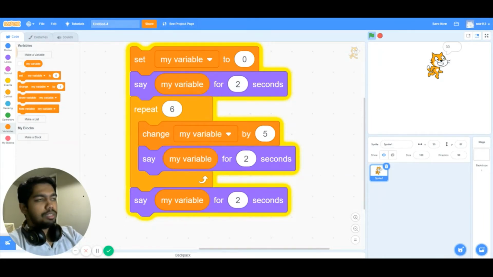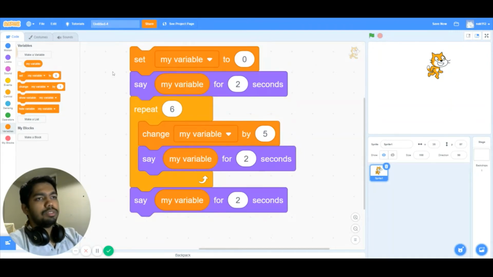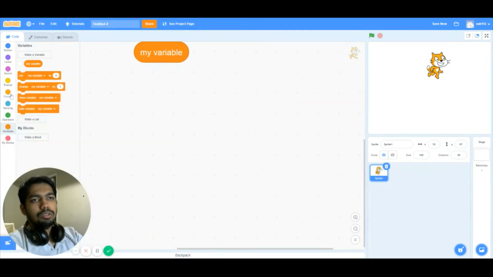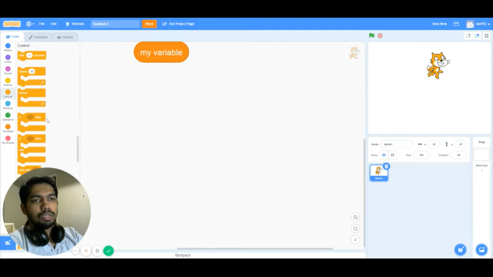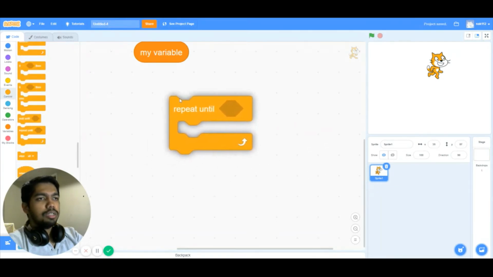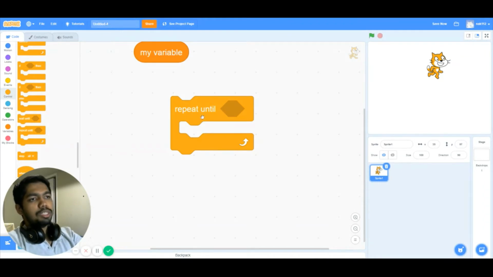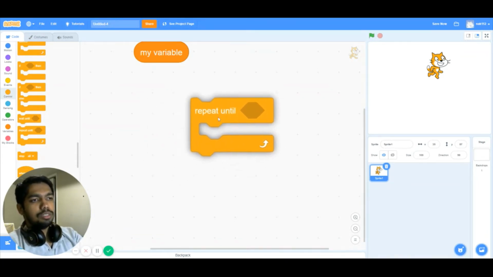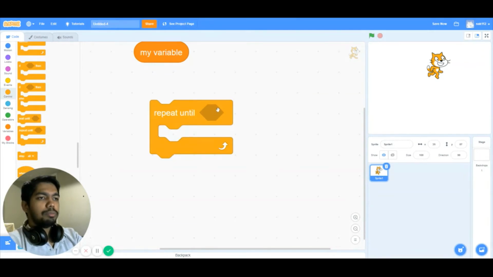Pretty simple. Let's move towards something a little complex, which is the repeat until block. You go to control and you find the repeat until block. This is very important because a lot of people make mistakes with what condition they put inside the repeat until block, and it does something completely opposite. So how this block works is you perform the action, you repeat the action again and again until the condition